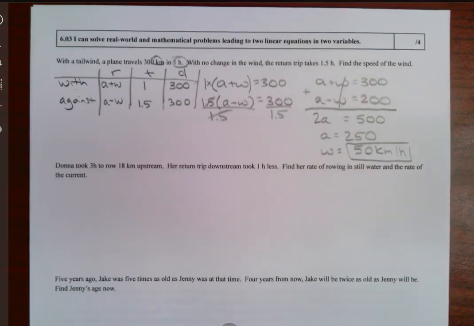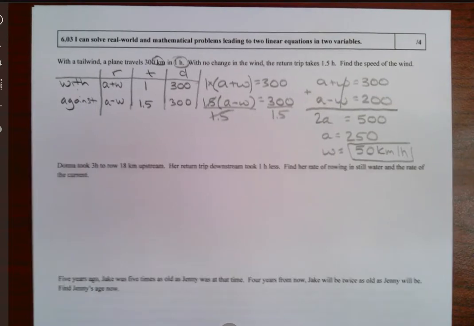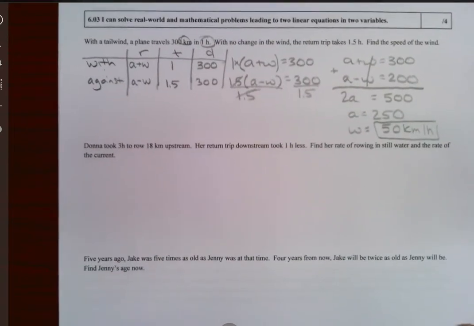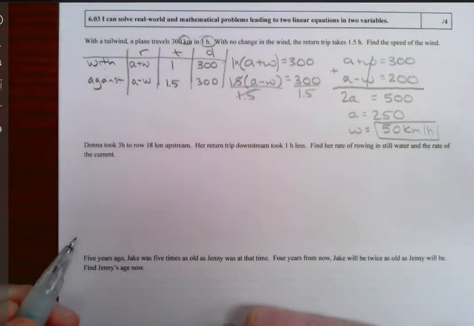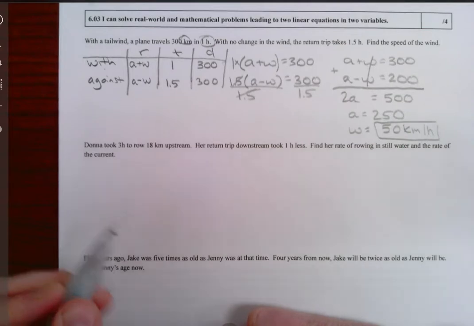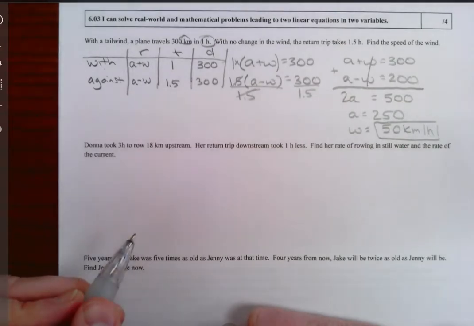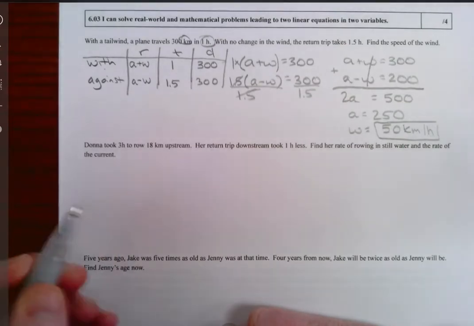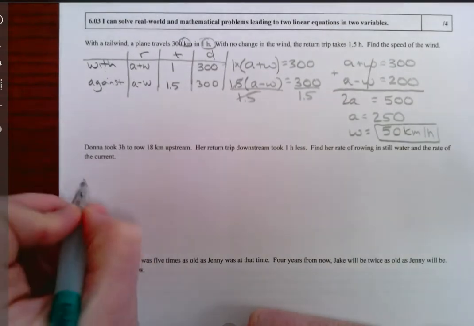All right, we have another one here with rate and time, I believe. Donna took 3 hours to row 18 kilometers upstream. Her return trip downstream took 1 hour less. Find her rate of rowing in still water and the rate of the current. So we're going to go upstream,